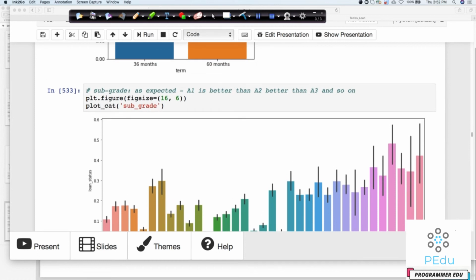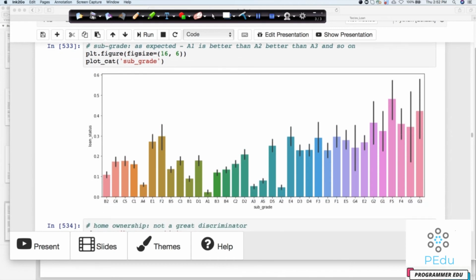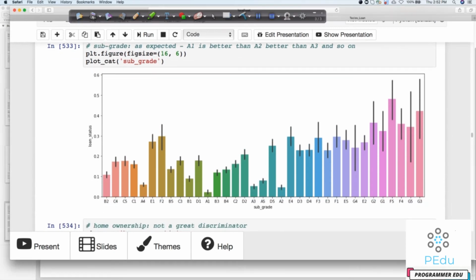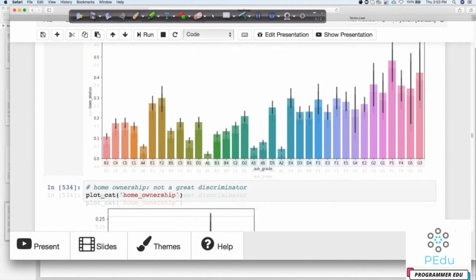Now let's look at the subgrades, A1, A2. There are subcategories also, right? In A also there are subcategories A1, A2, A3. And definitely A1 is better than A2, and A2 is better than A3. So we would like to see whether the same trend is following here. And yes, you can notice, if you go with this, A1 is very, very small. And you can see that when you go from A1 to A2, it is also going higher. So this is something which is coming as per our expected lines.